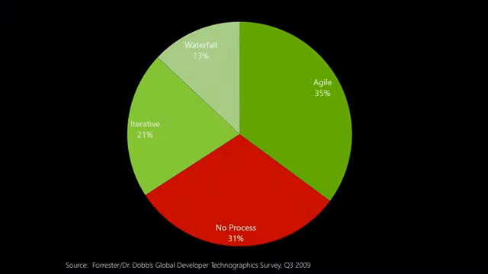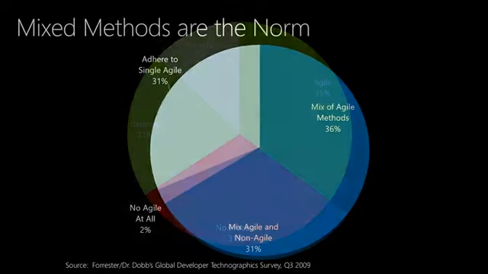So here's a slide. I know it's about 2 years old, and basically the question was, what process are you using? And are you using Agile, Waterfall, and then Iterative? I'm not even sure what Iterative is, but this is the logic of Gartner Group and Forrester, the people that ask these questions. So they say 35% of people are using Agile, but 31% are using no process. So then we started investigating more. And John will talk about this slide right here.